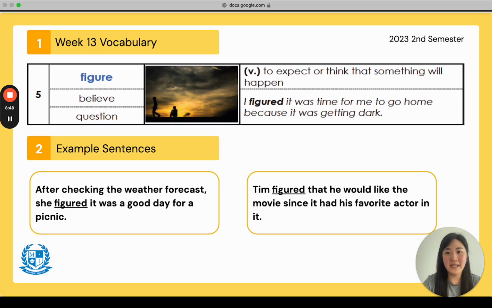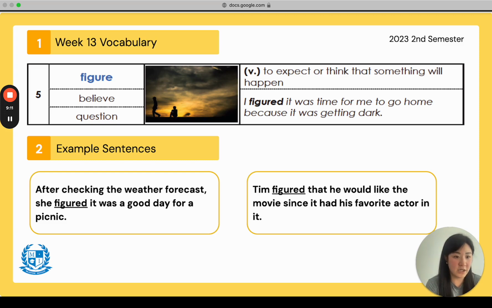Number 5, everyone say figure. Figure. The synonym is believe and the antonym is question. It is a verb meaning to expect or think that something will happen. So you figure this will happen. You think it will happen. You expect it will happen. Example sentence at the top in your book, it says, I figured it was time for me to go home